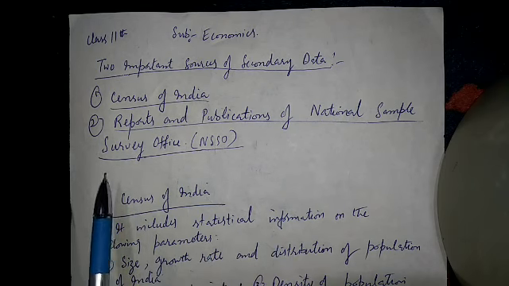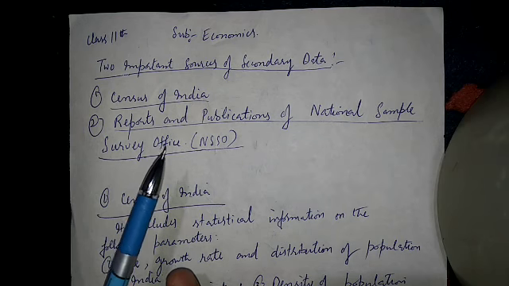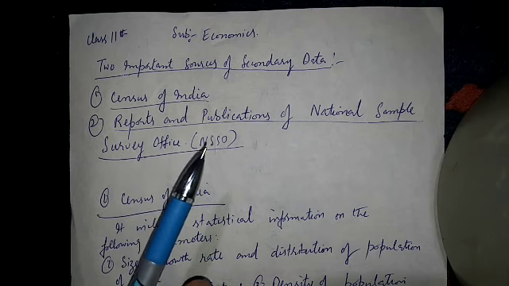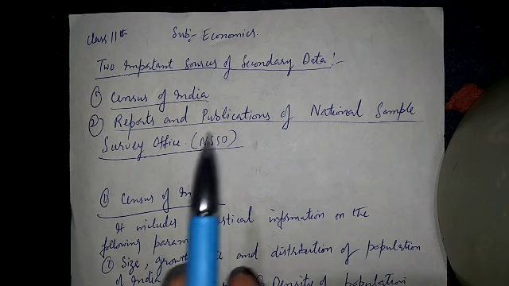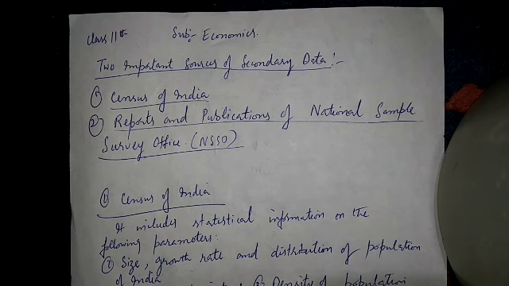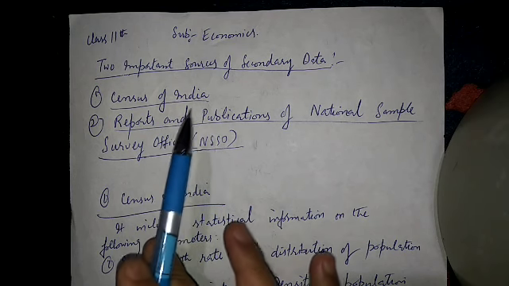Our today's topic is two important sources of secondary data: Census of India, reports and publications of National Sample Survey Office (NSSO). Before we start, I want to remind you that we have already learned earlier the concept of census and sample and the methods of census and sample. These are the methods of statistical inquiry. Now today I will teach you these two important sources of